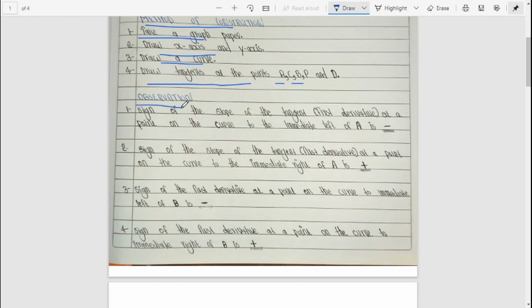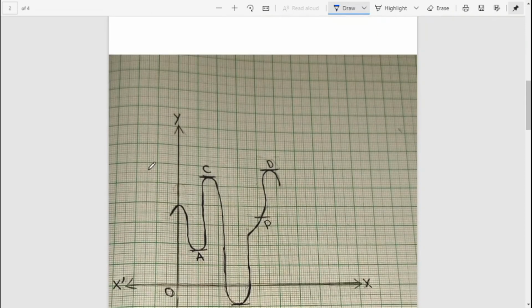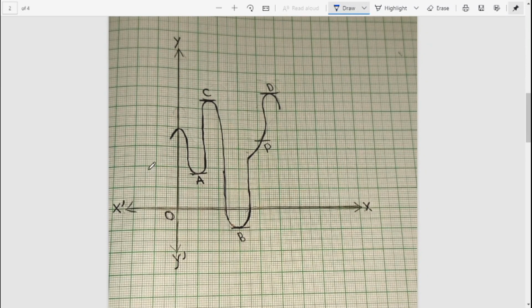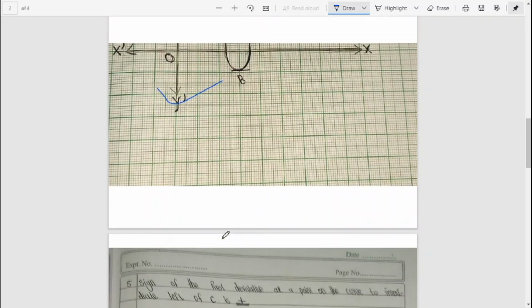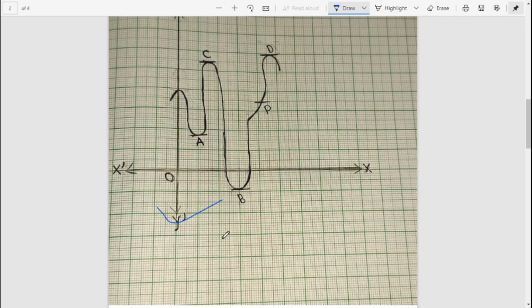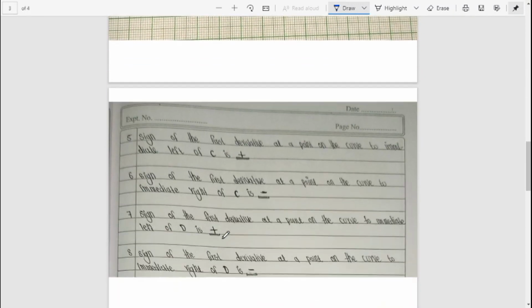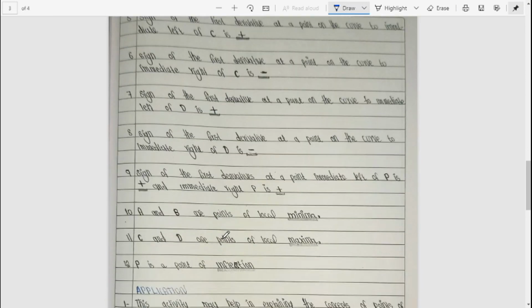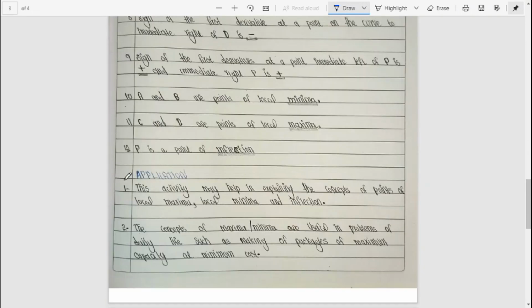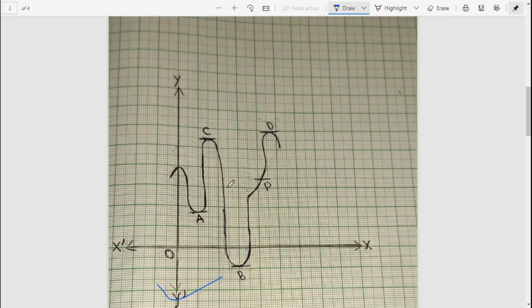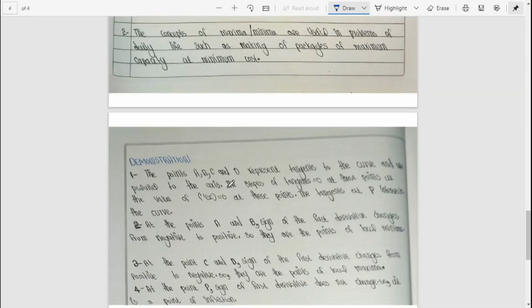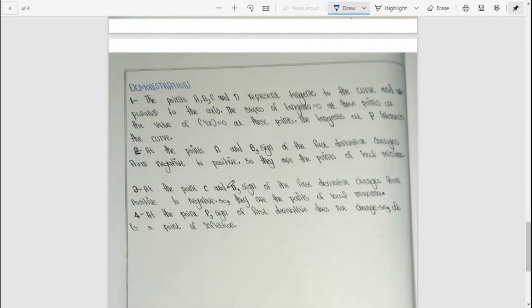Then observation, as I have explained everything. This is actually activity 14 from your mathematics class 12 lab manual. Then this is the curve which is drawn. Just to highlight, black ink is used. Otherwise pencil is enough if you have a very dark pencil. And this is the observation while explaining the lab manual. In the application, this part should be done in the unruled part. You have to stick the graph paper in the unruled part, and you can also write your demonstration in the unruled part. Fine. So here we complete our activity 14. Okay, thank you.